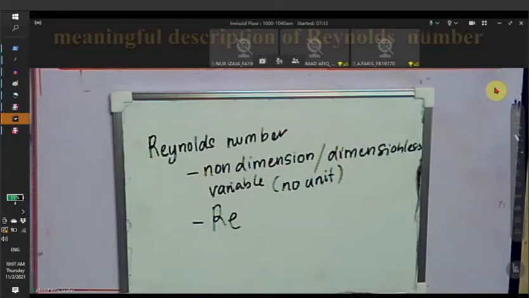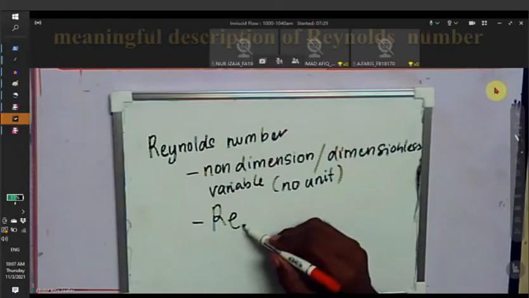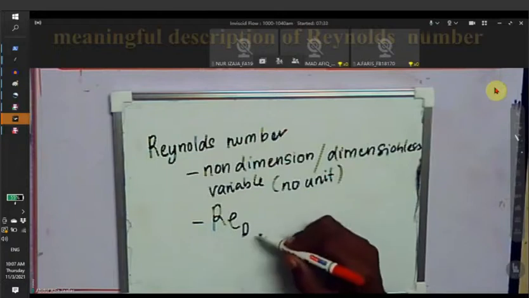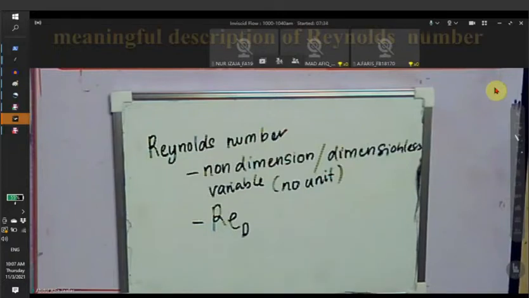And sometimes this variable is given a subscript to differentiate its application, right? For example, if I say Reynolds number, then I have D as a subscript, where D can be diameter,